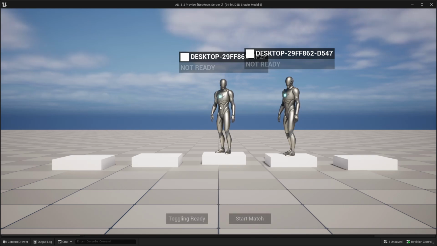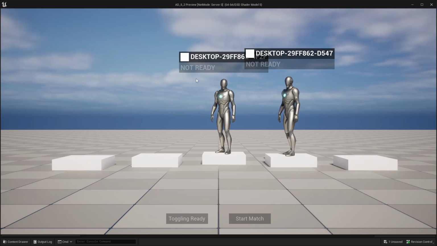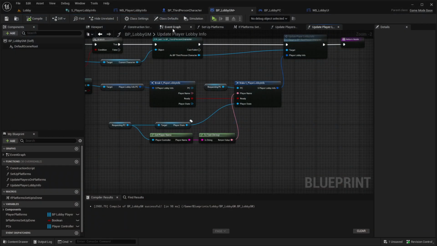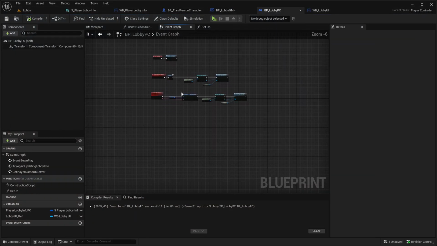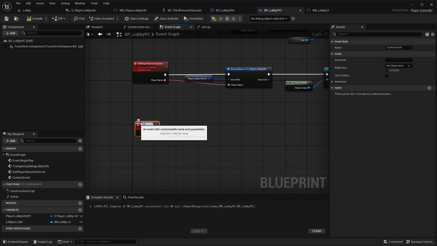And yeah, what we finally want to do is change the ready status. Also, if I would start now in standalone and have Steam open, then also the Steam avatar should load here. So let's change the ready status. Going back to lobby PC, creating a custom event here, naming this toggle ready status on server, setting this to run on server, reliable,